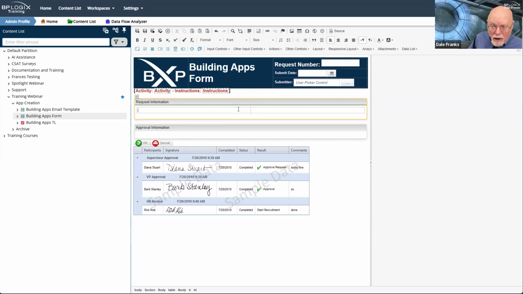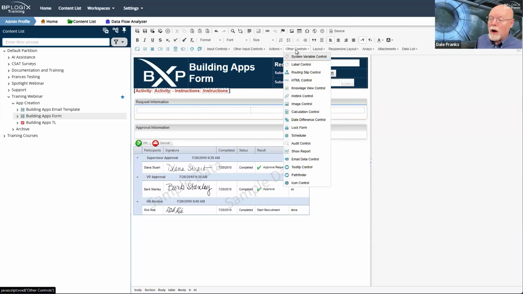I used to do this myself, where I would format a table so that one column would show the labels and one column would show the actual form field. So my first column would be a label column and my second column would show the form fields, and that was all cool. And you can make an attractive looking form that way. The problem is that it confuses screen readers. So you need to place your label and your control in the same table cell so that the screen reader knows what it is that you're doing.